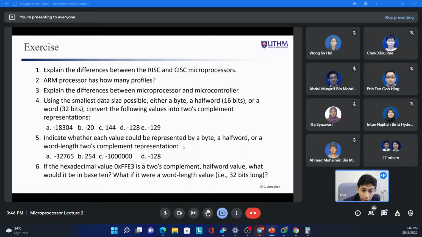So if we want to learn the microprocessor, we need to know how the microprocessor uses or computes these numbers, what happens in the microprocessor. So this is actually very important, although it is the basic number